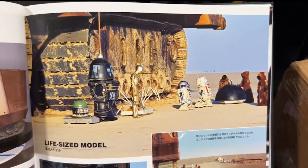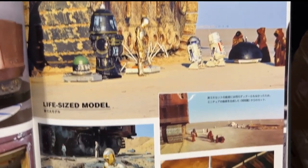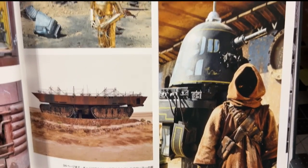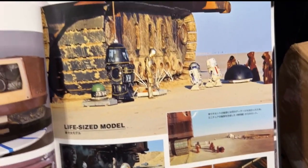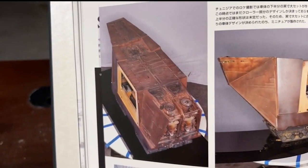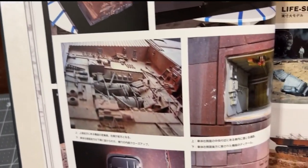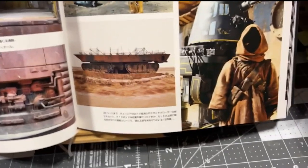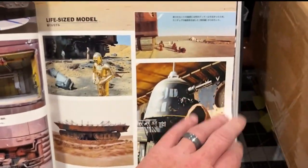I love it. It's the second model that I ever built. First was the Falcon, second was the Sandcrawler. I'm kind of glad I started with the Falcon first, the Agostini one, because that was like a paint by numbers kind of model. You stick this piece here, this piece here. The Sandcrawler took a lot of work and